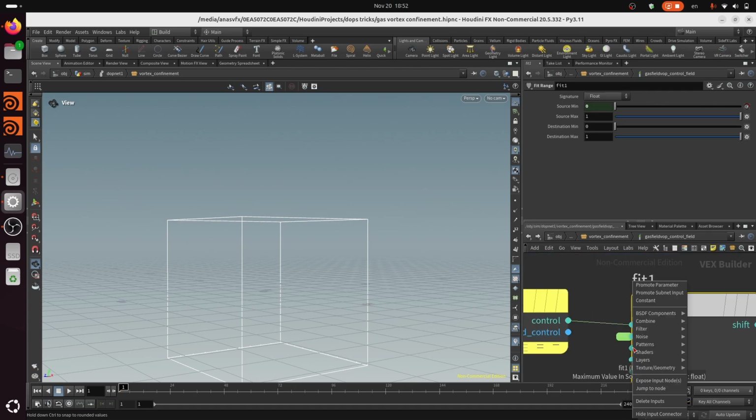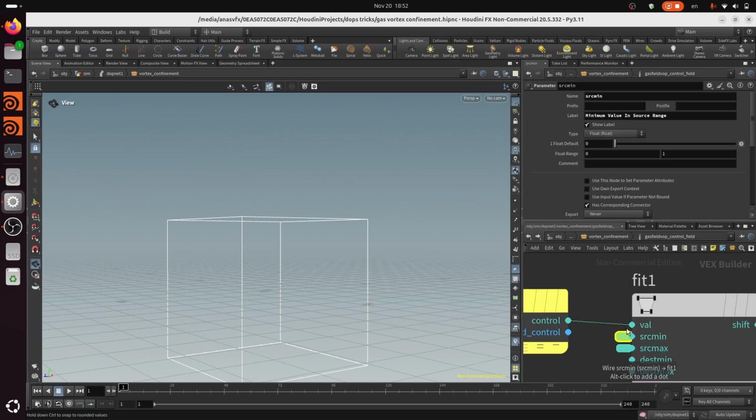Promote the parameter, promote also this parameter, and rename this to control min, control minimum. Okay, and here, control max and control maximum. Okay,